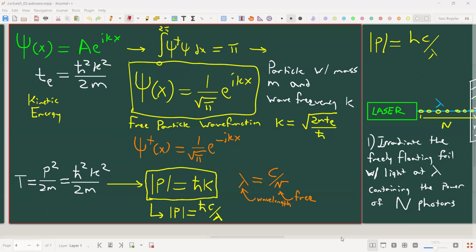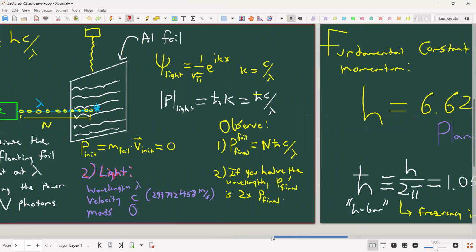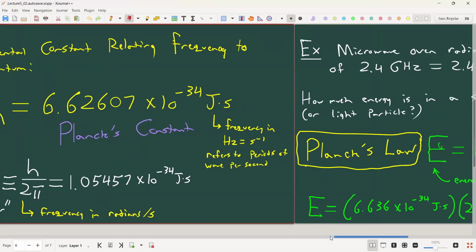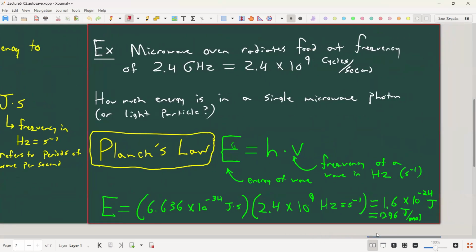All right, so let's set up this problem. This is last week's material, just as a reminder that everything is connected. I just want to mention this h and h bar again. This is a fundamental constant. This is the constant of this class. There are other ones, but this is the one that we use all the time. We talked about what this h or h bar means, depending on the context. The idea is that we can convert between energy in joules, mechanical energy, something you measure either with heat or with some work,